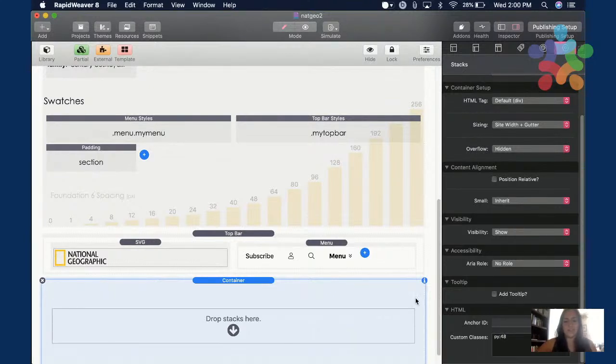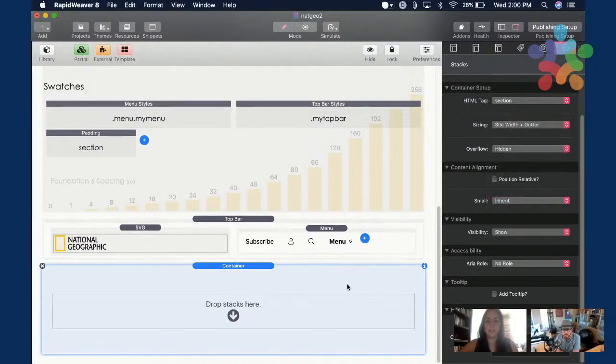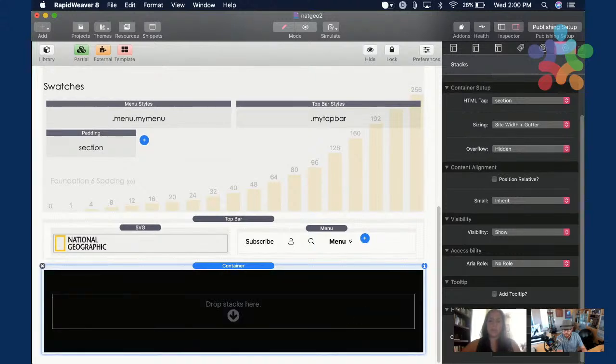It's a matter of taste and what you are most comfortable with, right? You can use a section or you can use a padding, and the result will be the same. For example, if I wanted to have a black background color, I can do it right away with the utility classes without the need to add a black swatch, right? So that's what I love about the utility classes, and that's what I actually use all the time.